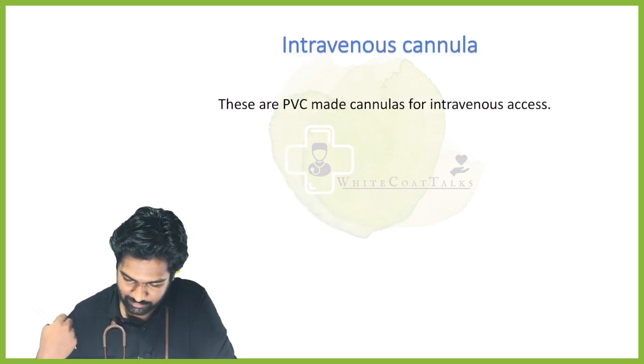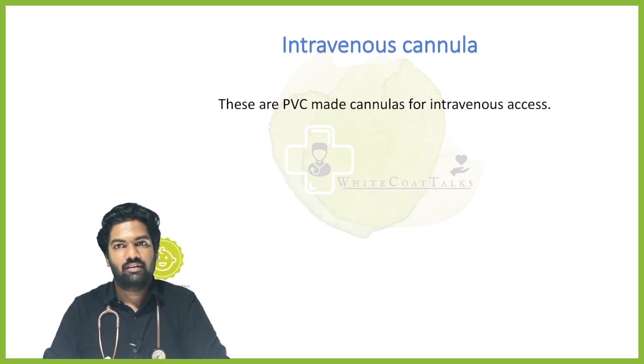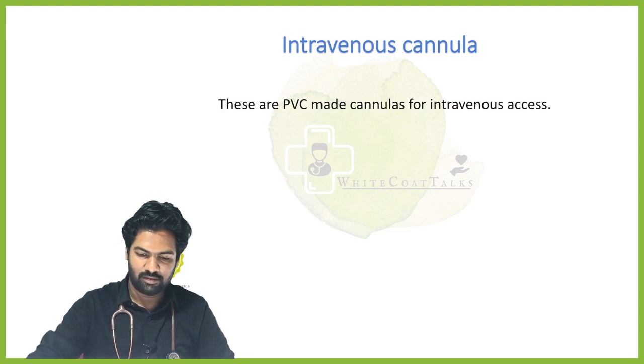Okay, next slide here, important: IV or intravenous cannula. This one thing, especially the students,